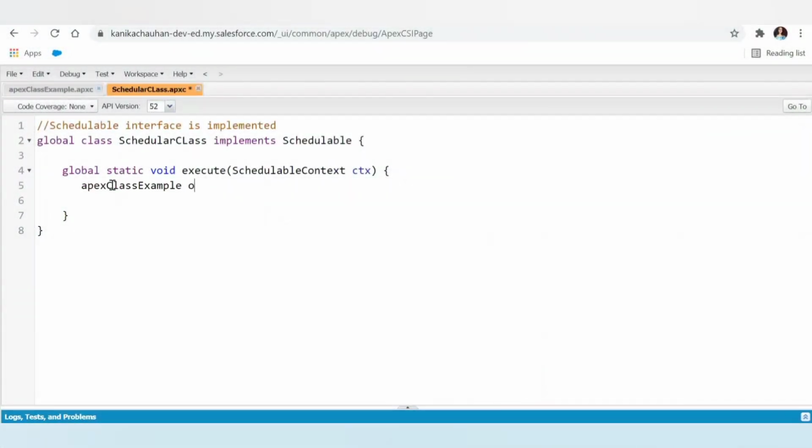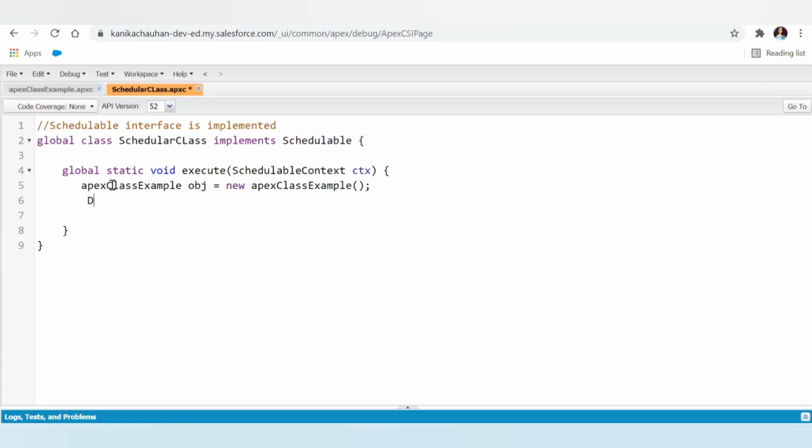And now let's discuss how we can schedule our batch class. There can be a requirement that I want to run my batch class on a daily basis or on a weekly basis or at a fixed interval of time. So in this scenario, we will schedule our batch class. So this is my scheduler class, and there is nothing much we have to do.